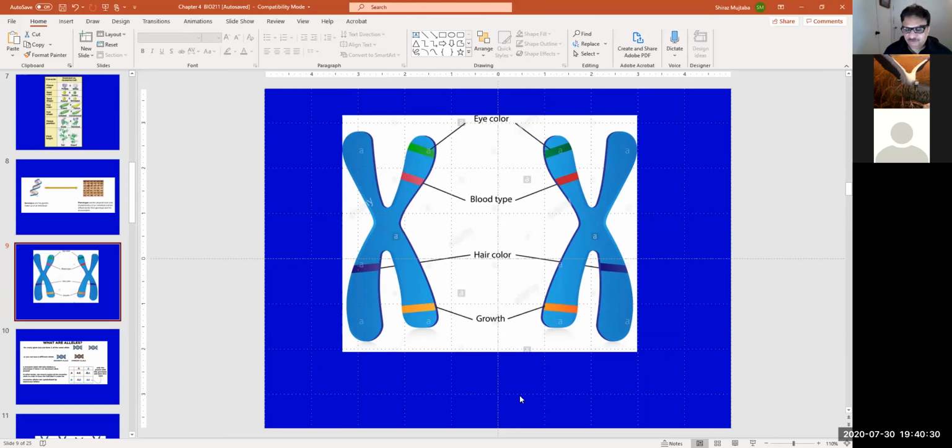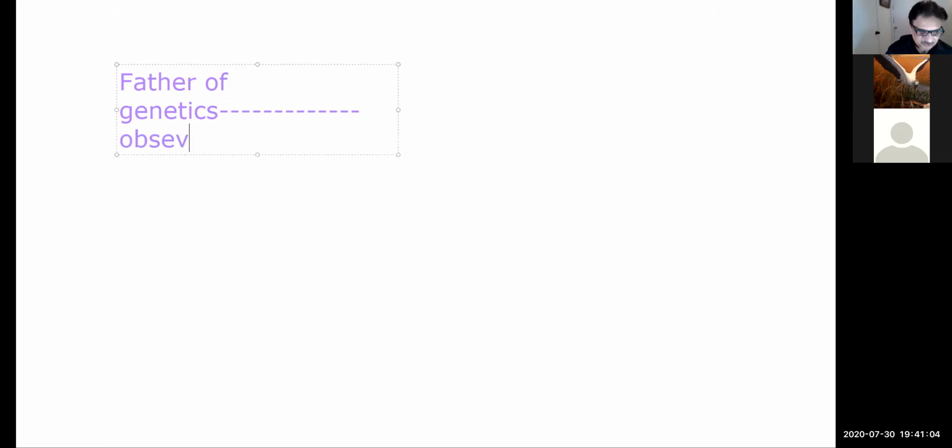So the next question is why Gregor Mendel is called the father of genetics. Gregor Mendel did all the work to explain the mechanism of inheritance, major work. And at that time, in the mid 1800s, there were less sophisticated microscopes, there was the least technology, but just because of his observations